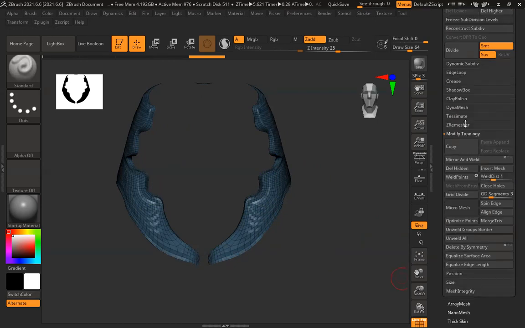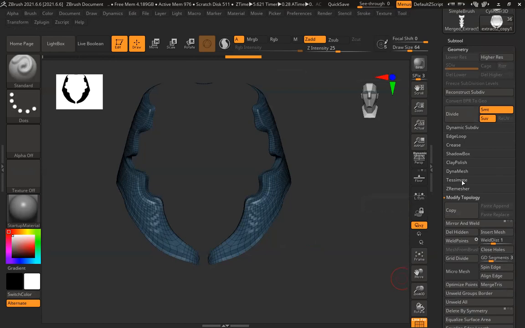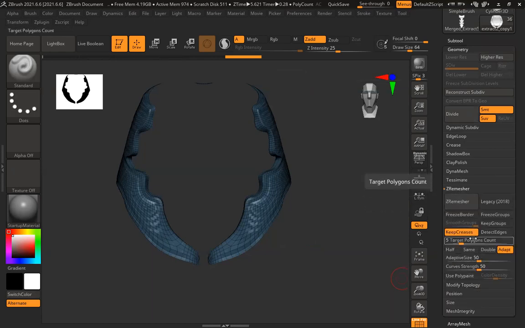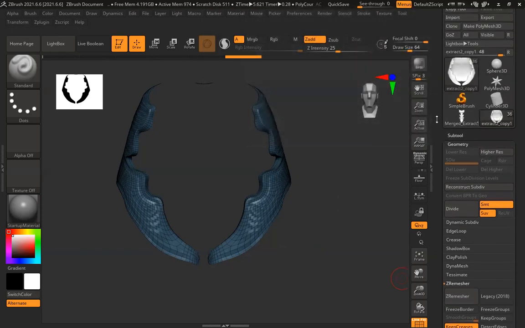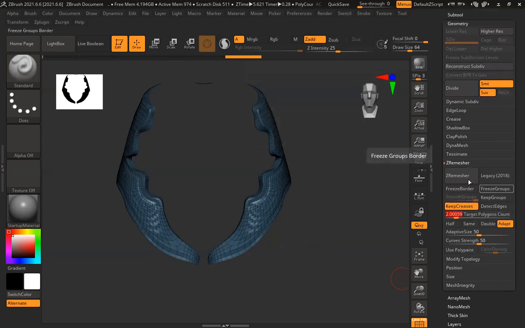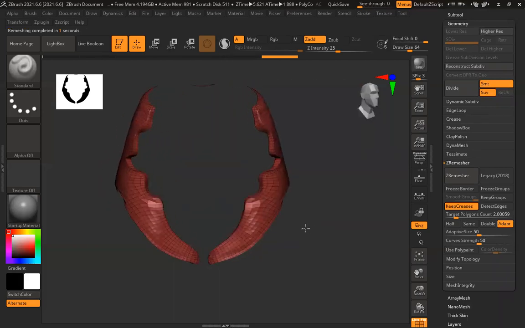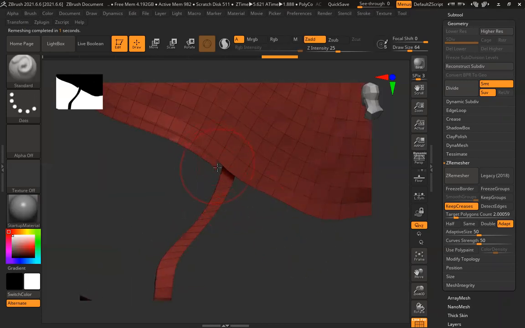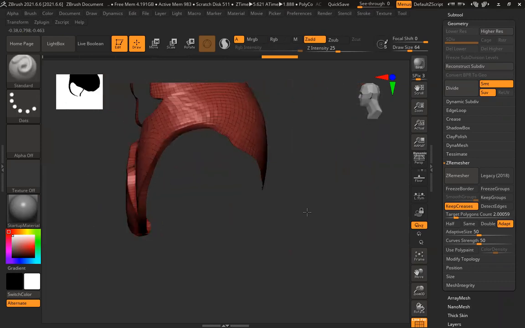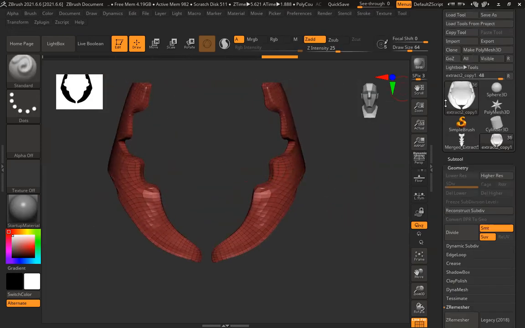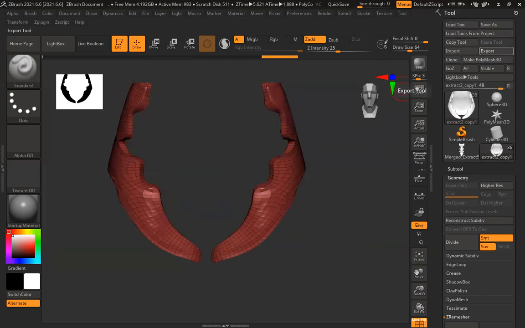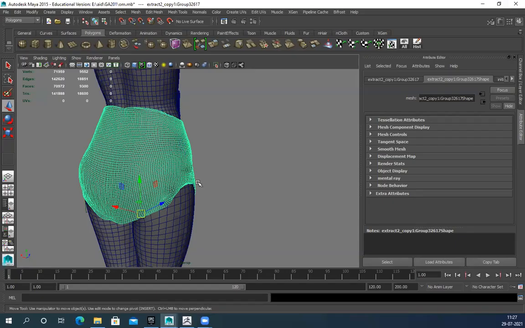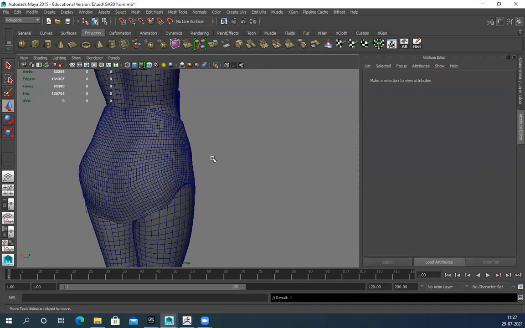Then I'll go to geometry. I will delete any higher subdivision, remesh, and check poly count right now. Let's see. Poly count is 9,300. So I'll just reduce it to like 2-3,000. Remesh. Make it super low poly. You see? Super low poly. And if I want, I can reduce more, and after this corner, you can see this slide, that is something I can delete directly. So I can just simply export this from here. Export it. Delete this one.